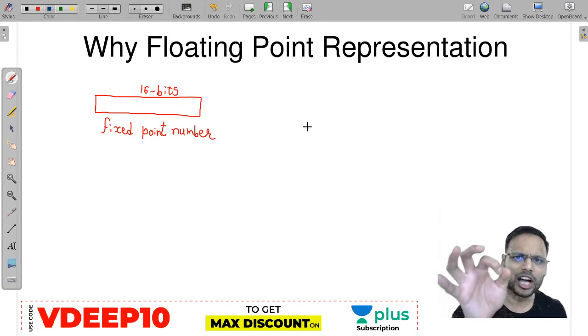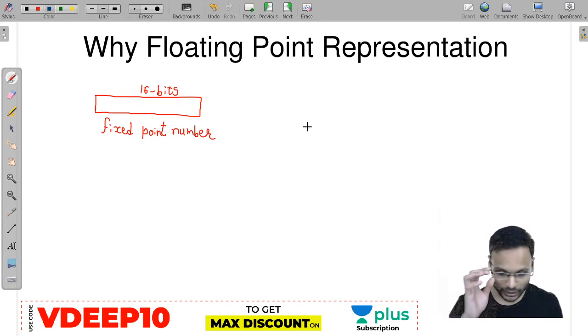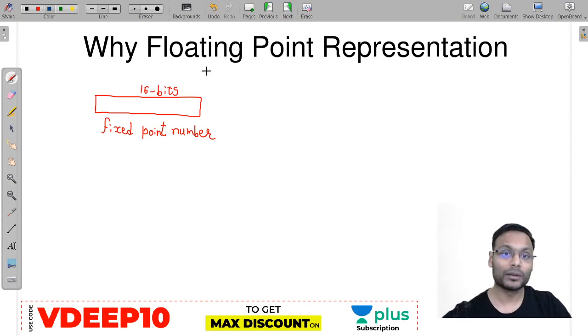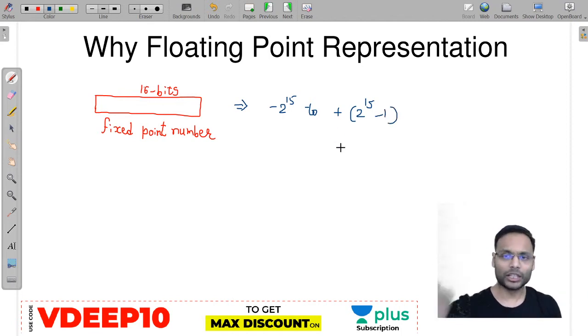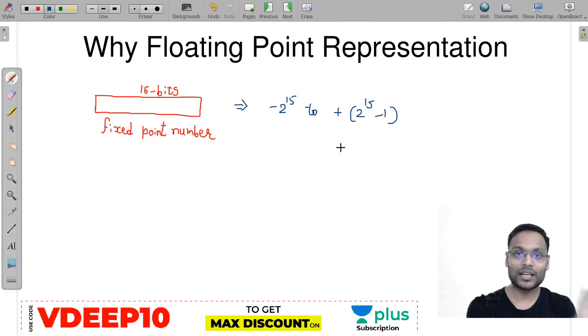कितना रेंज का नंबर रिप्रेजेंट कर सकते हो आप, बताओ जल्दी से। How much range of numbers you can represent? The maximum range of numbers you can represent is -2 power 15 to 2 power 15 - 1. This is the range. 32,000 something plus and minus also 32,000 something you can represent using 16-bit ka fixed point